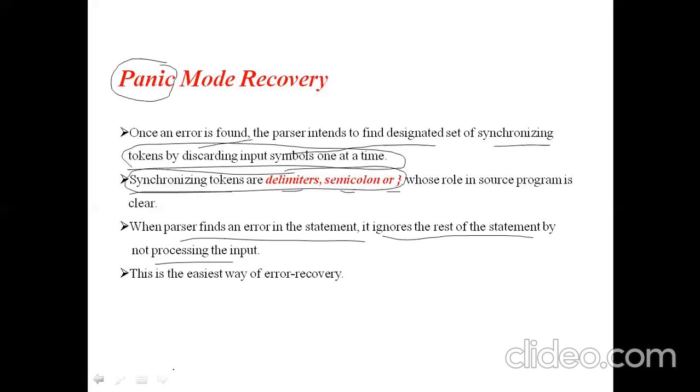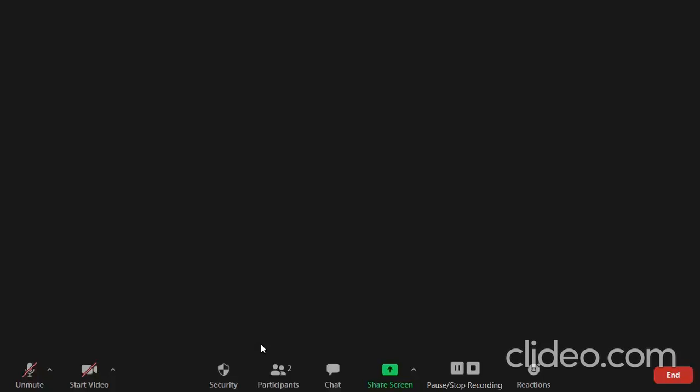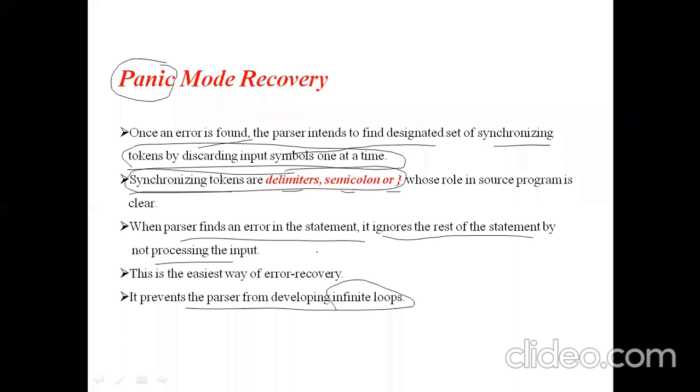This is the easiest recovery technique, and it has no chance of getting into infinite loops. Clear, that is panic mode recovery.